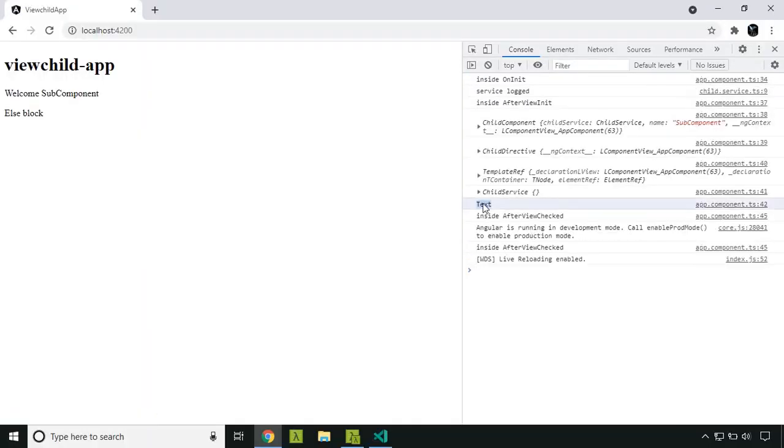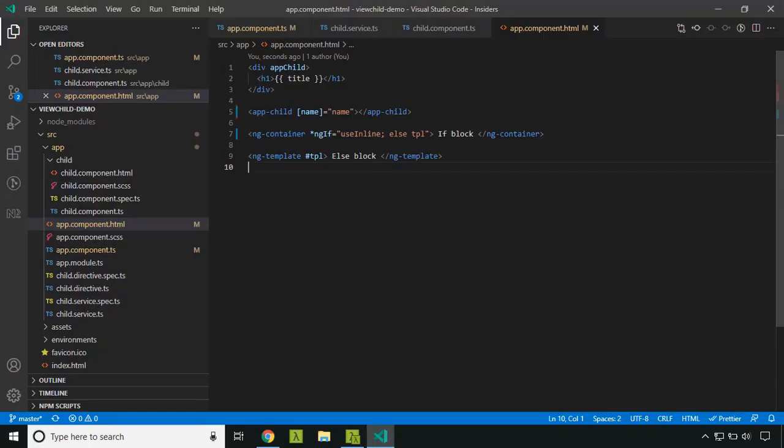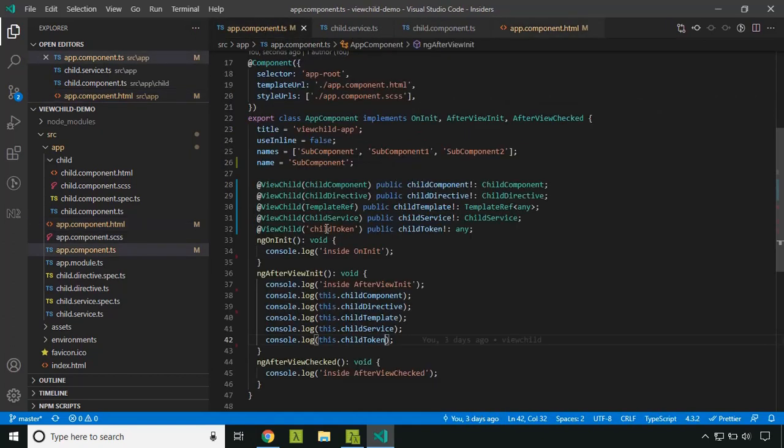So here you can see that the value text is getting displayed. Now let's go ahead and try out the most commonly used mode of querying the view child, that is using template variables. So here I have added a template reference variable. This can be added to any element. So first let us try adding it to a component, and now let's query it from our app component.